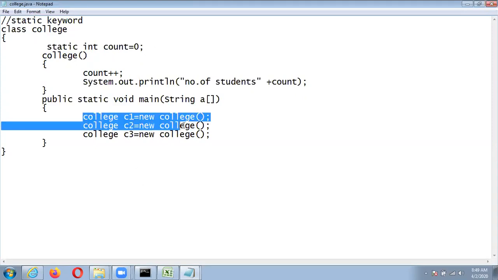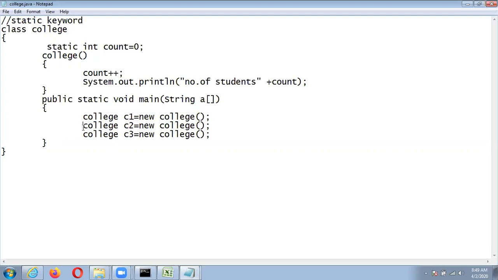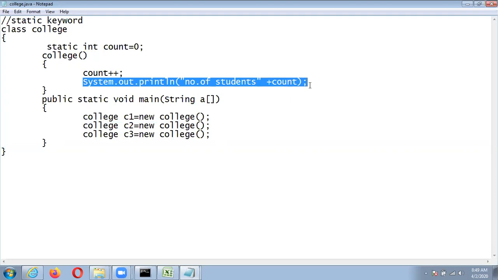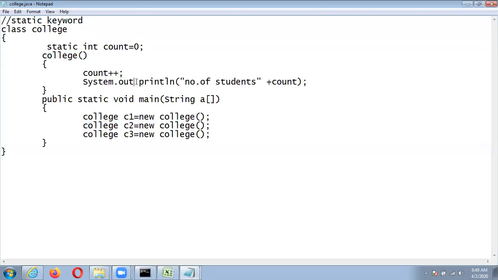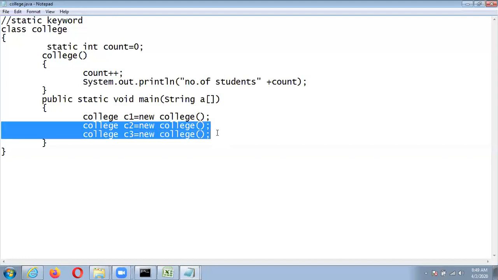For the first object it will increase the count from 0 to 1. Then for the second instance it will increment it from 1 to 2, and for the third instance it will increment it from 2 to 3. System.out.println will print the count value every time, so for 3 instances it will print 1, 2, 3 in sequence.